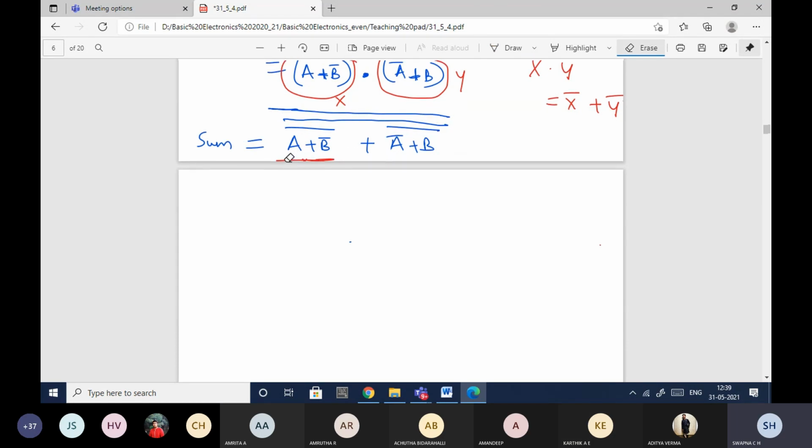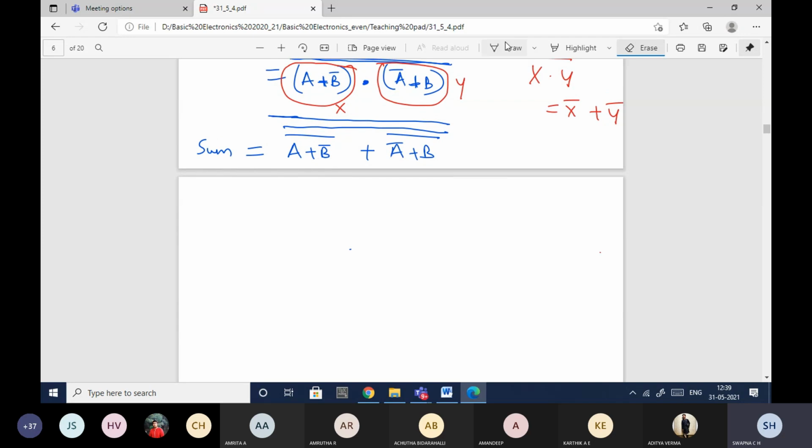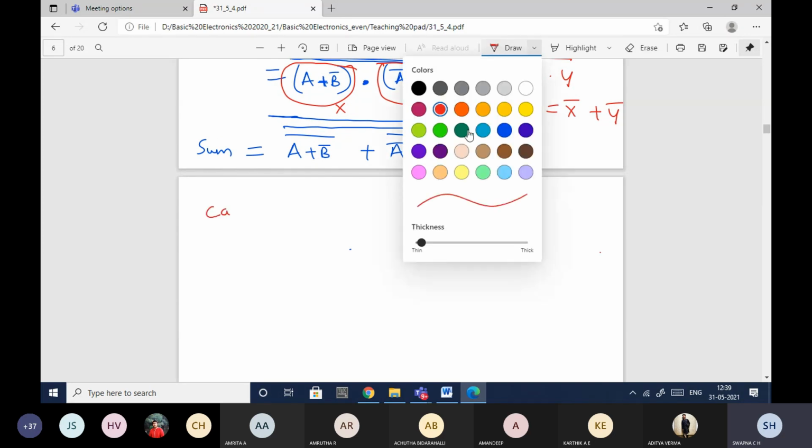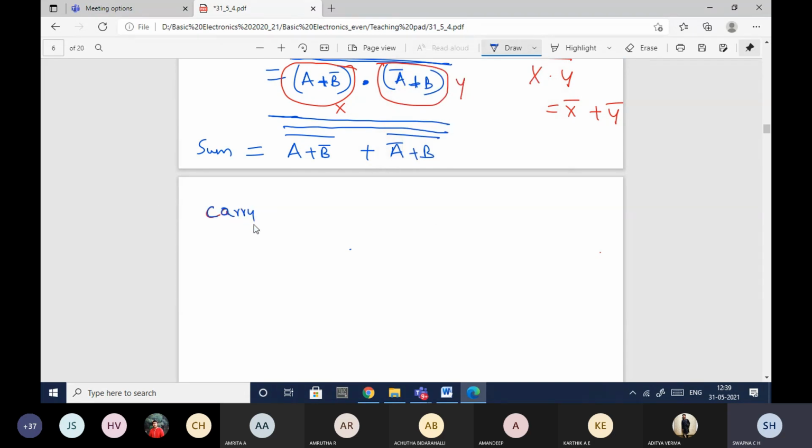In the same way, I need to modify the carry equation as well. Okay, so carry equation is nothing but AB. I should have plus and whole bar. It is not in that form, so I'll take double complement here. One complement I'll just expand. A dot B whole bar can be represented as A bar plus B bar.